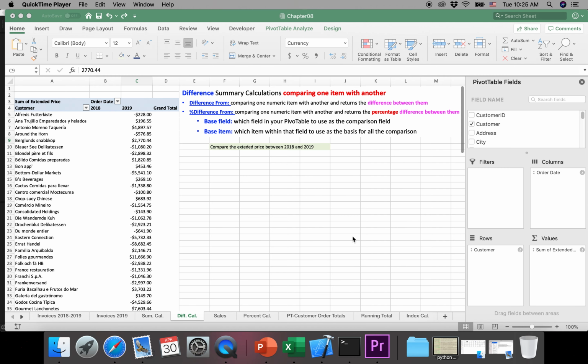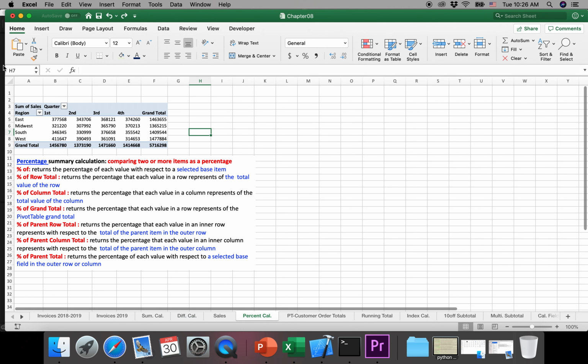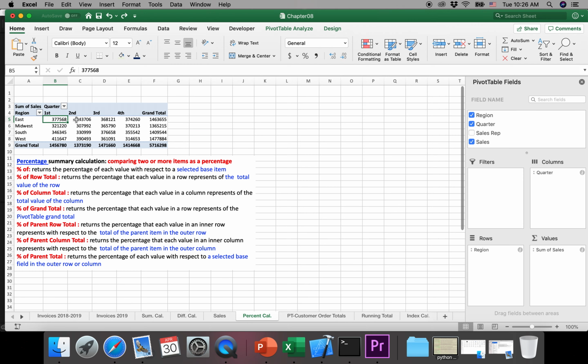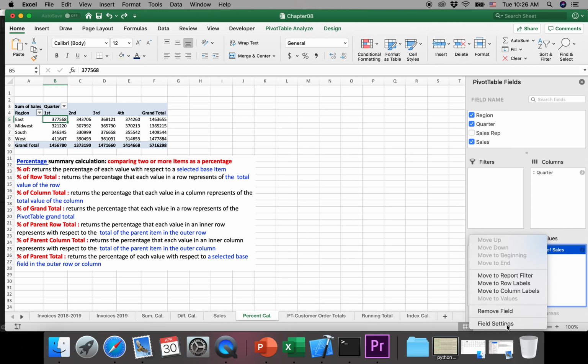Another important summary calculation is percentage summary calculation. Percentage summary calculation is used to compare 2 or more items as a percentage. Excel provides 7 types of percentage summary calculation. In this pivot table, it gives us the sales in different region and quarter. Now, if we want to compare the sales with the first quarter, we can click here and right-click Field Setting